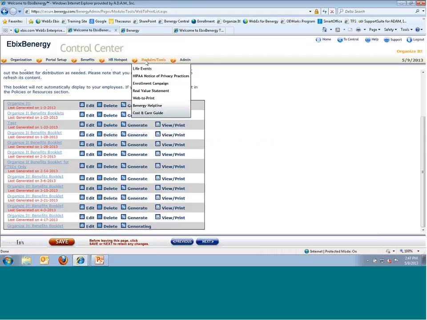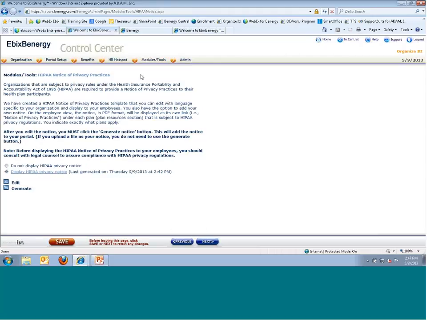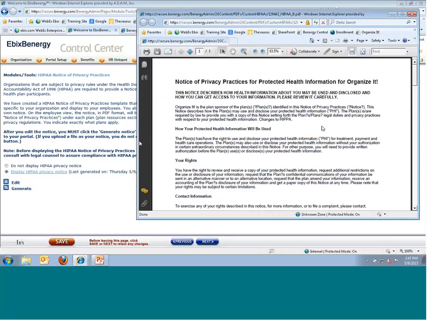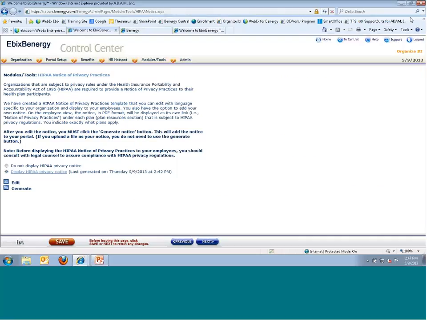but let's go back to Modules and Tools and take a look at HIPAA. That should be generated, and it is. There's today's date and time. So now if we look at the privacy notice, that test bogus data is now missing. So we just walked through how to edit an existing HIPAA privacy notice. It was quite easy. All right, under Modules and Tools, while we're waiting for that to generate,